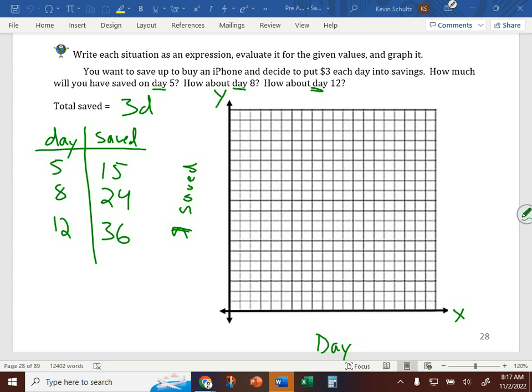Depending on how far out we want to take this, I think there's only about 20 increments, 20 boxes going across the bottom. Once we get to day 20, then we'd be done. We wouldn't have any more space to go. So since we're counting by threes up the